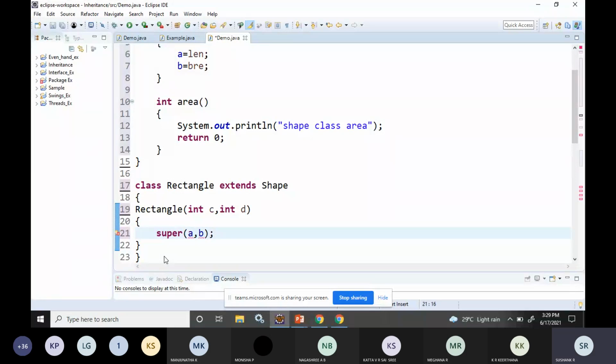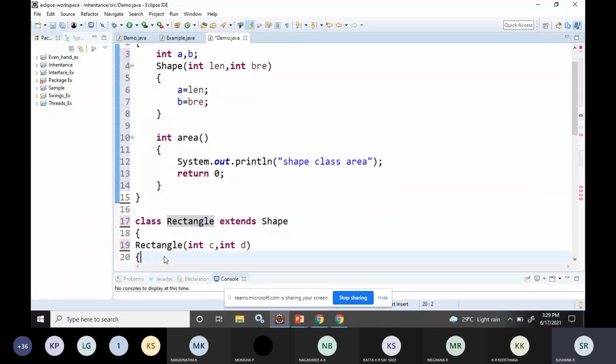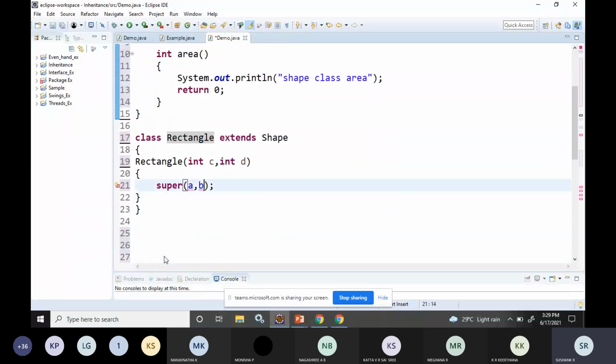Sorry, it's not a comma b, it will be super of length and breadth. So I can use these parameters for calling the constructor.